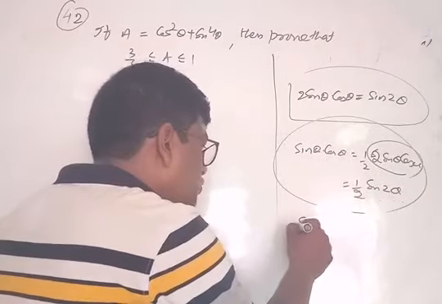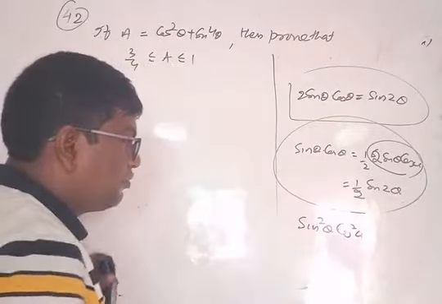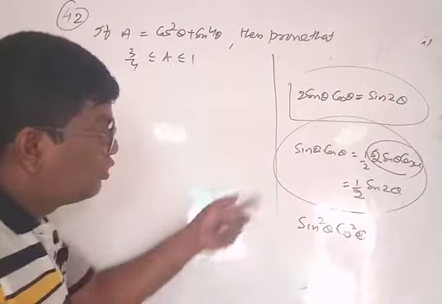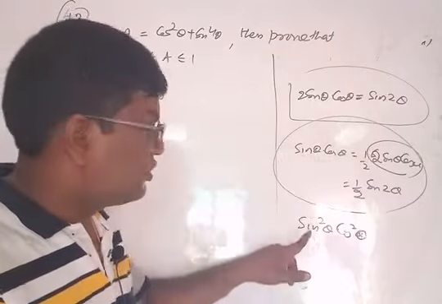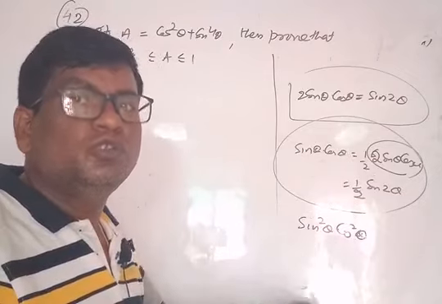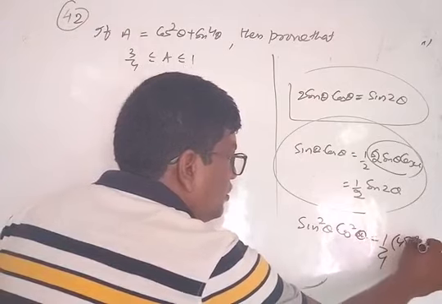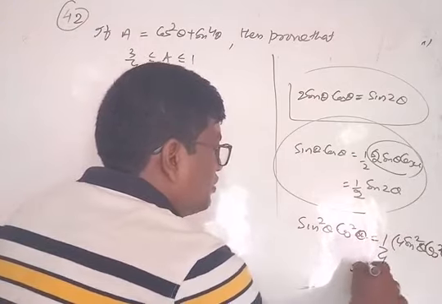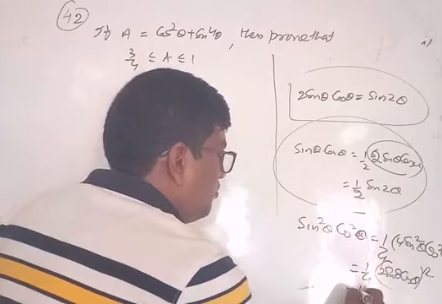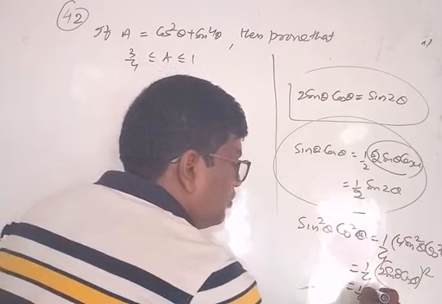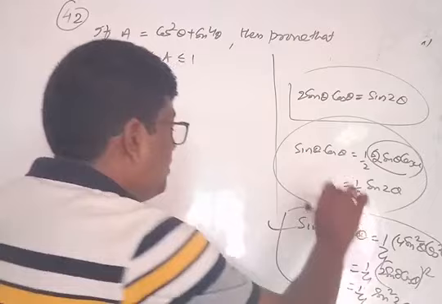Suppose this is square form, sin square theta into cos square theta form. What is the term required? If square is 2 to the 2, sin power 1, cos power 1, so 2 is required. Sin power 2, cos power 2, so 2 square is required. So we can write here 1/4 into 4 sin square theta into cos square theta. That is equal to 1/4 (2 sin theta into cos theta) whole square. This is equal to 1/4 (sin 2 theta) square, means sin square 2 theta. This is the formula. This formula is applied here.